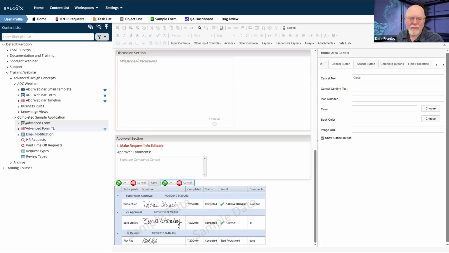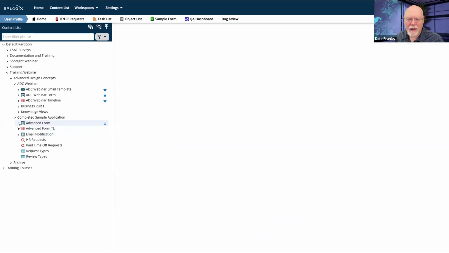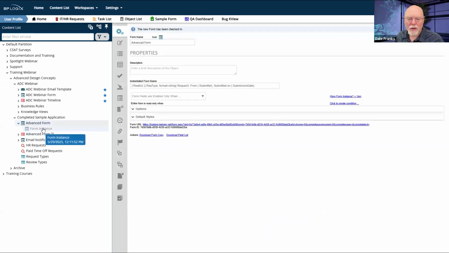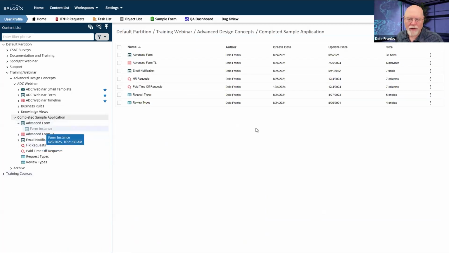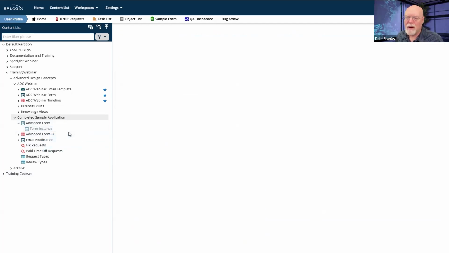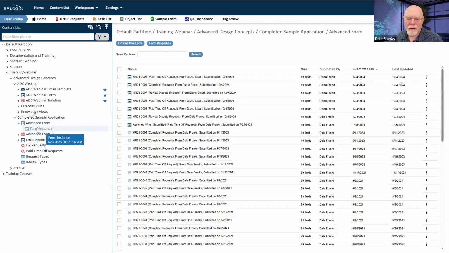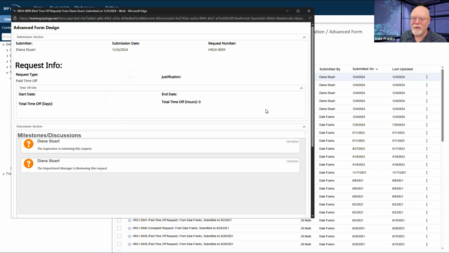And once we save it, I'm going to look. I don't know if I have any form instances of this activity. So let me go ahead and save it here. We'll go to form instances. I might not have any at all. And if I don't, then, well, I click form. There we go. I did click form instances. And look, I do have some form instances here, one from last year.